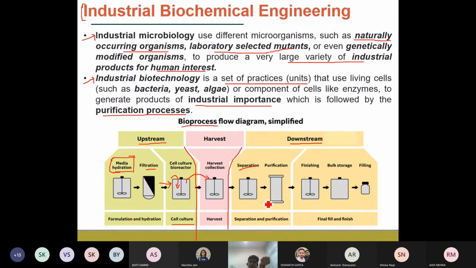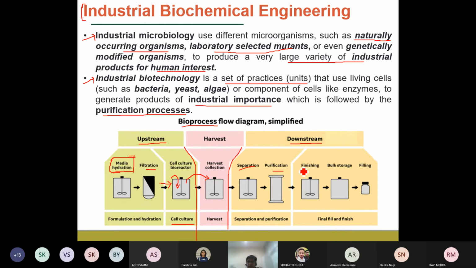Then you have the dissolved liquid components, and those can be separated by purification. For example, ethanol: if you want to separate ethanol from the fermentation media, ethanol is a volatile component. In the distillation process, you heat the liquid until the boiling point of the ethanol, so ethanol will vaporize, and you then condense the ethanol vapors by cooling, and you can separate the ethanol from the media components. Depending upon the type of biochemical you are producing, you have to develop your purification strategies.